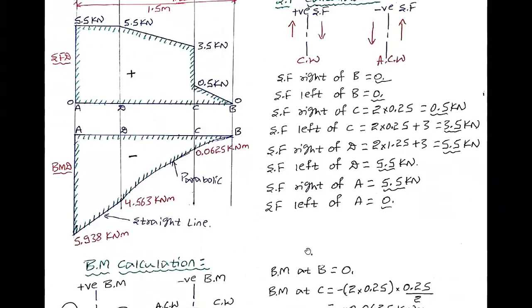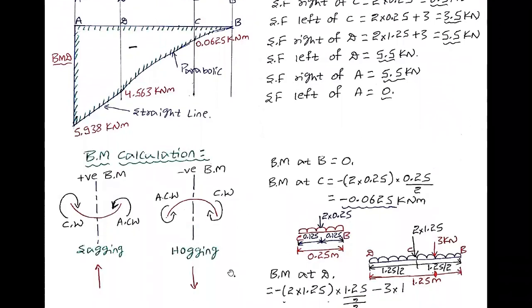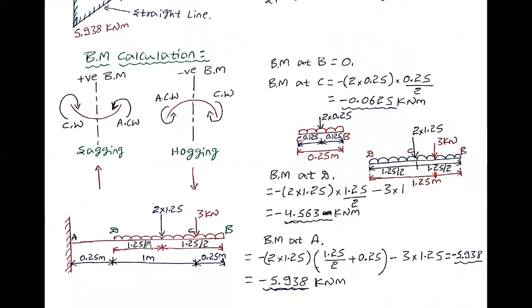Now, I'm going to find out bending moment at point A. I've taken the same figure here. Bending moment at point A. First, convert this UDL into point load. UDL is 2 kilonewton per meter. It is acting over the length of 1.25, means from point B to D, 1 meter plus 0.25, 1.25. 2 multiplied by 1.25. It has now converted into point load, and it will be acting at the CG.